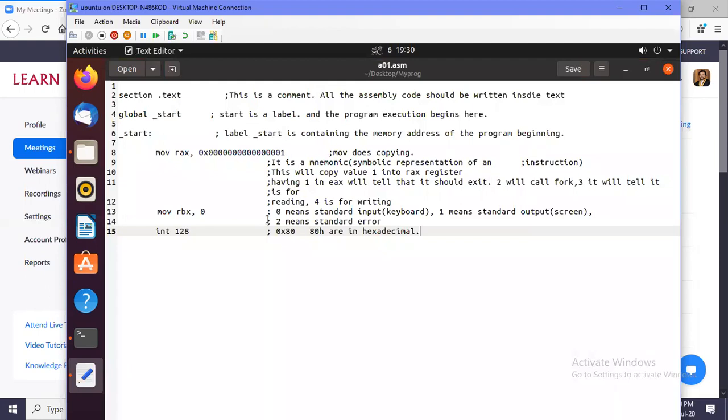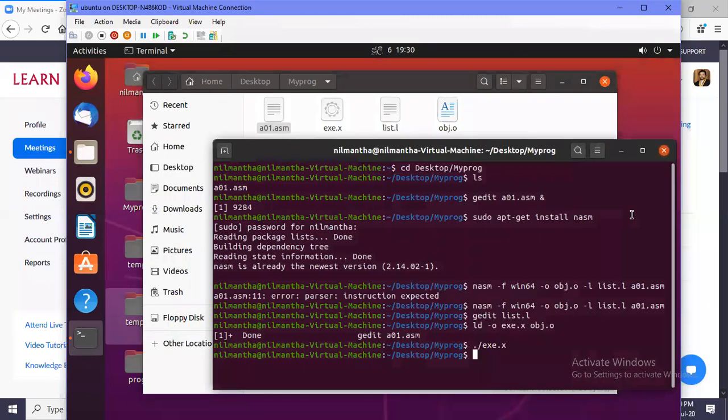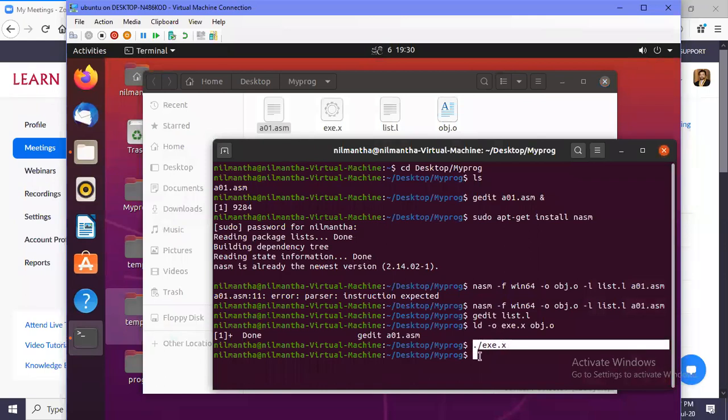This is the minimum assembly program, open and exit. So we cannot even see that it ran. We cannot see anything displayed on the console. But you can see there are no errors when I ask it to run the executable file. That means it has run successfully. That is the conclusion that we can get.